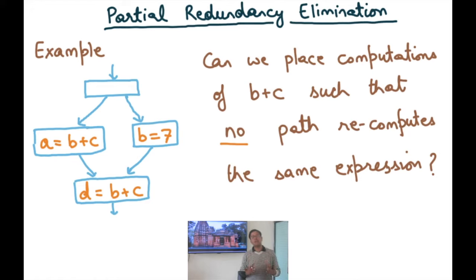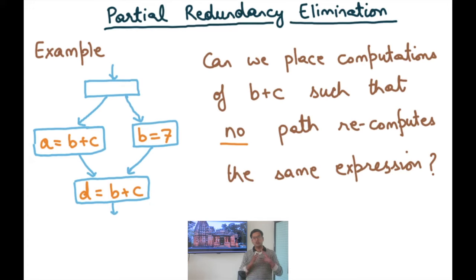So if on that path it has already been computed and it has not been killed. For example, if I'm computing b plus c, then b hasn't been set to 7 or some other value, or c hasn't been set to some other value. As long as that expression is available on that path, I'm not going to recompute that expression on that